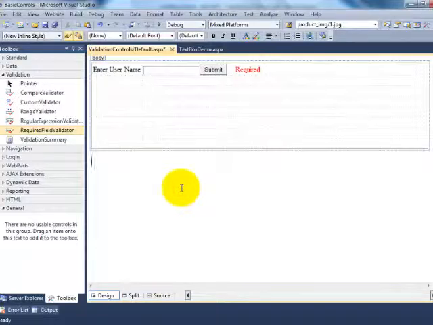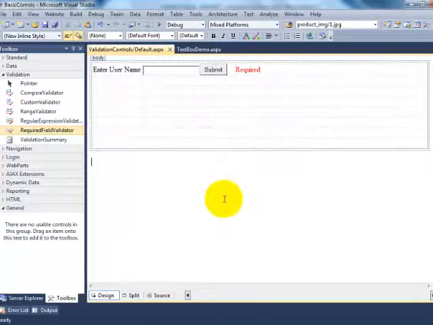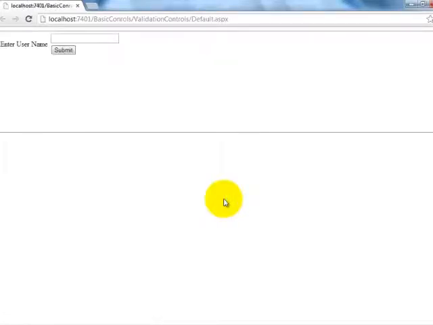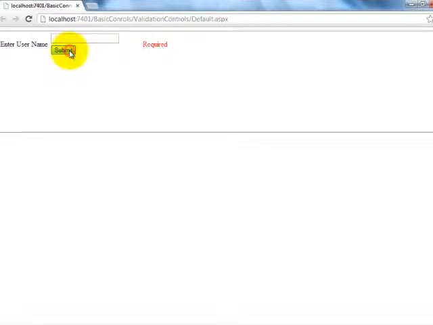Let us see what is happening here. Executing the page now. It says required. You can observe that the form is not submitted to the server.